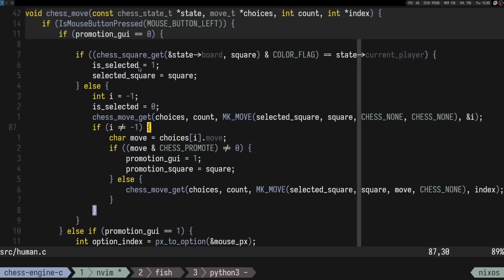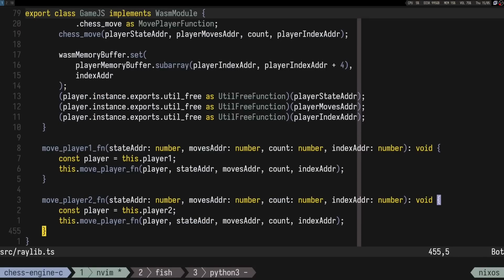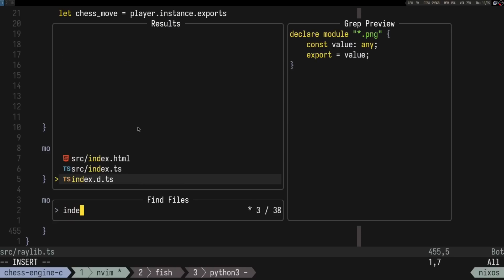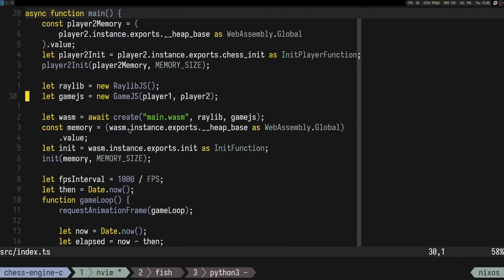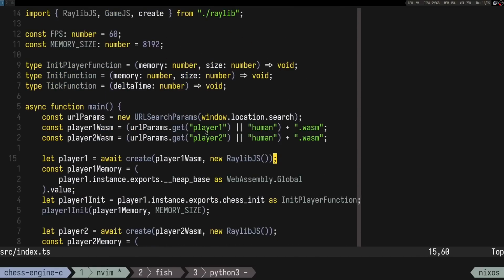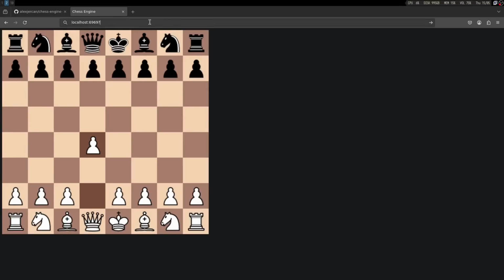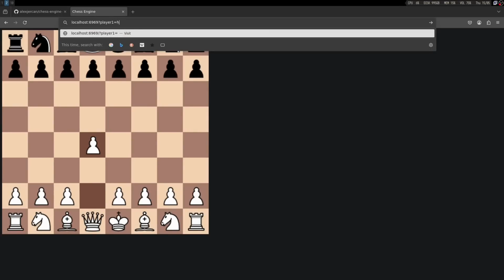So instead of a DLL, we compile it to a wasm file, and we load it from the, so maybe if we go to index.ts, you can see that initially we load main.wasm, so the main game engine, and then we load human.wasm from here. So you can actually say player 1 is human and player 2 is human,